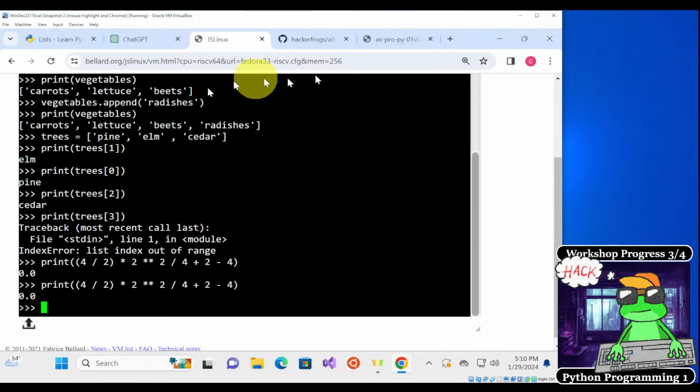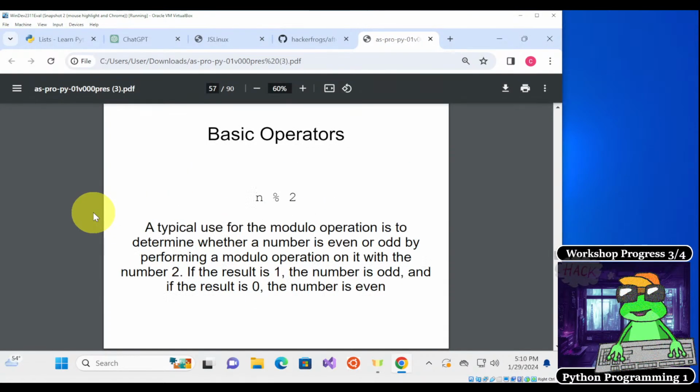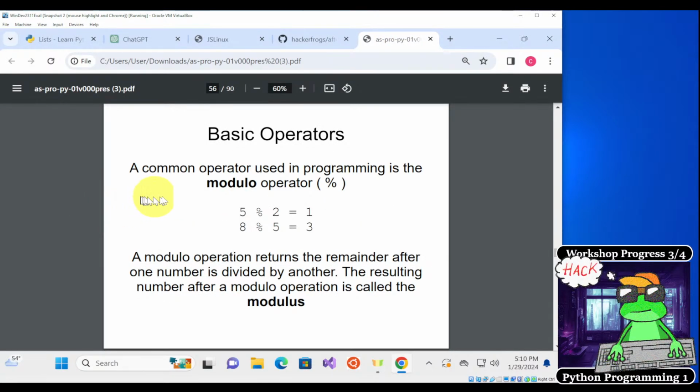All right, so next, we're talking about modulo. A common operator used in programming is the modulo operator, which is represented by this % sign. A modulo operation returns the remainder after one number is divided by another. The resulting number after a modulo operation is called the modulus.